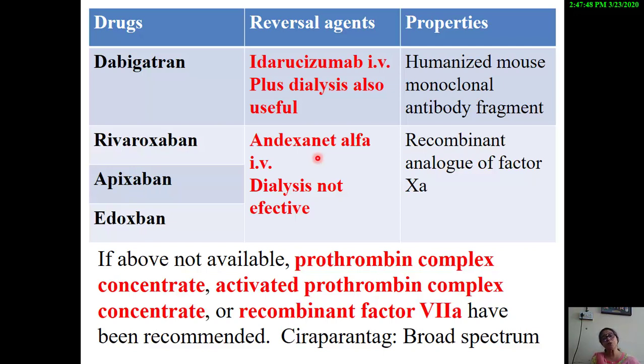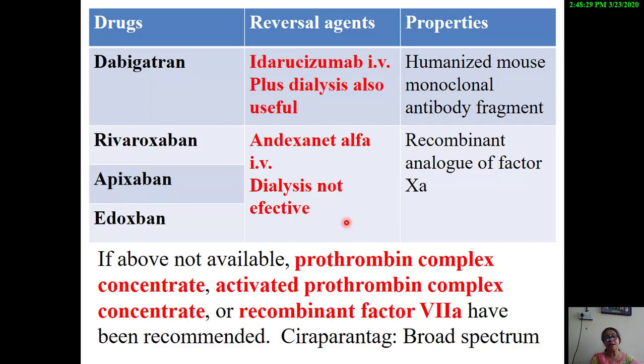One prominent difference between dabigatran, which is a direct factor 2A inhibitor, and rivaroxaban, apixaban and edoxaban, which are direct factor 10A inhibitors, is that you can do dialysis in the case of dabigatran, but you cannot do dialysis in the case of rivaroxaban, apixaban and edoxaban. The reason being that these three direct factor 10A inhibitors are much more bound to the plasma proteins as compared to dabigatran. So this makes dialysis less effective in the case of these compounds as compared to dabigatran, where dialysis